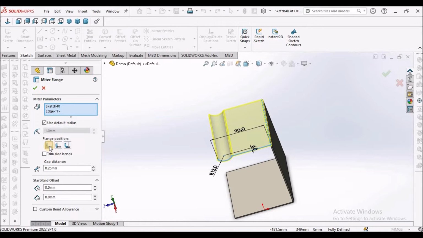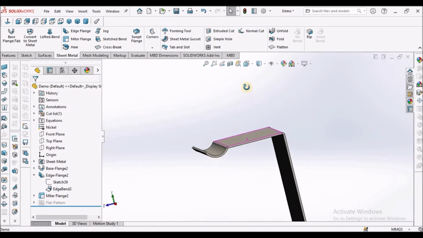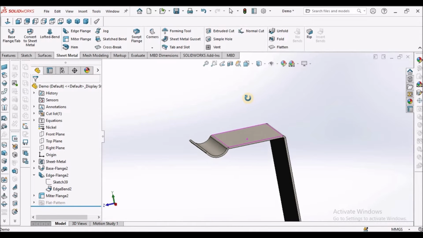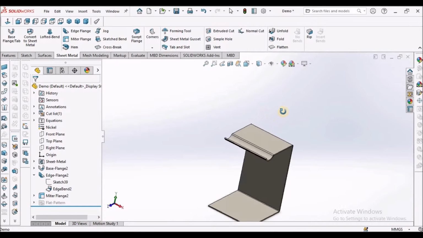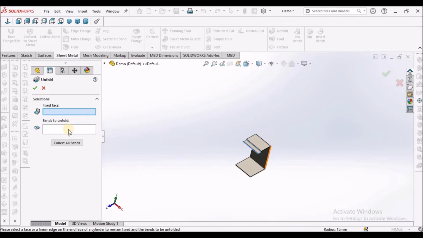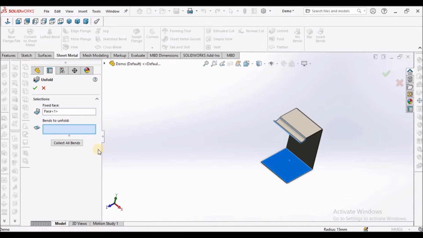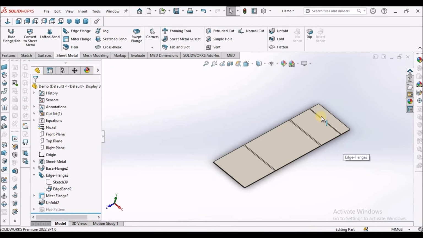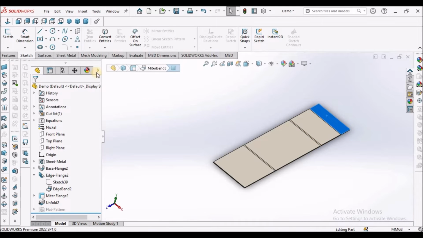So here we need to select material inside. Unless it is required, we have to select material outside. See here. Now I am going to create one cutout at this location. So we have to select the unfold command. So select this face, collect all bends, say OK. So it is flat. Now select this face, go to sketch,